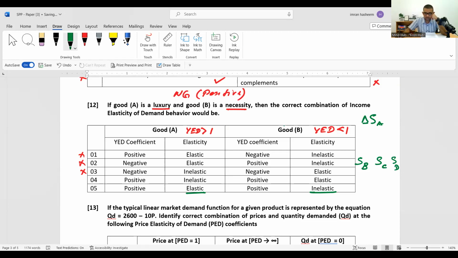Understood? Now, the price of one of these production substitutes, we can take one, right? Price of B, price of product B, which is a production substitute for A. Price of B decreases. What will happen? When the price of B decreases, producers who are producing product B will get discouraged. They will decrease the quantity supplied of B and start looking for another product that they can produce with the same resources but can be sold at a higher price.